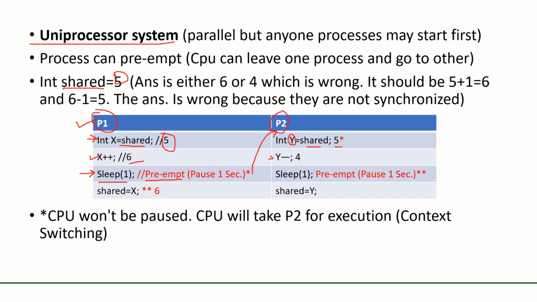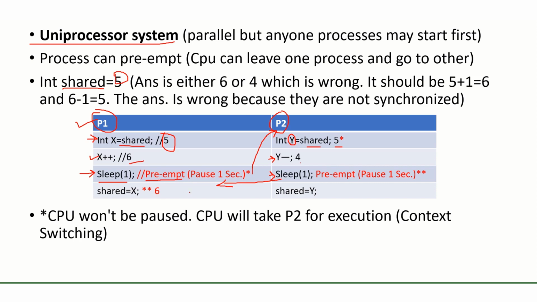The next statement is decrement y. So 5 minus 1 becomes 4. And third, again there is a sleep. So again the control will go from here to here because the next available process is P1. No other process is available. So the status of P1 and P2 is stored where we have learned, that is in the process control block.